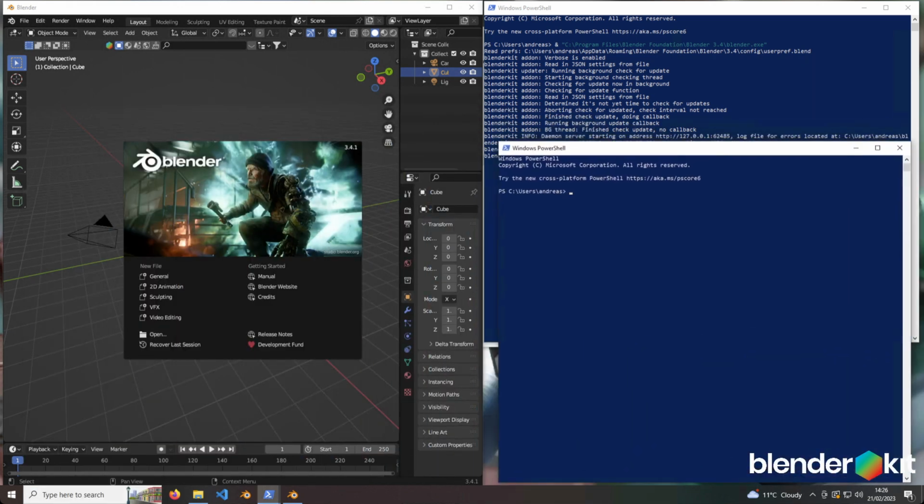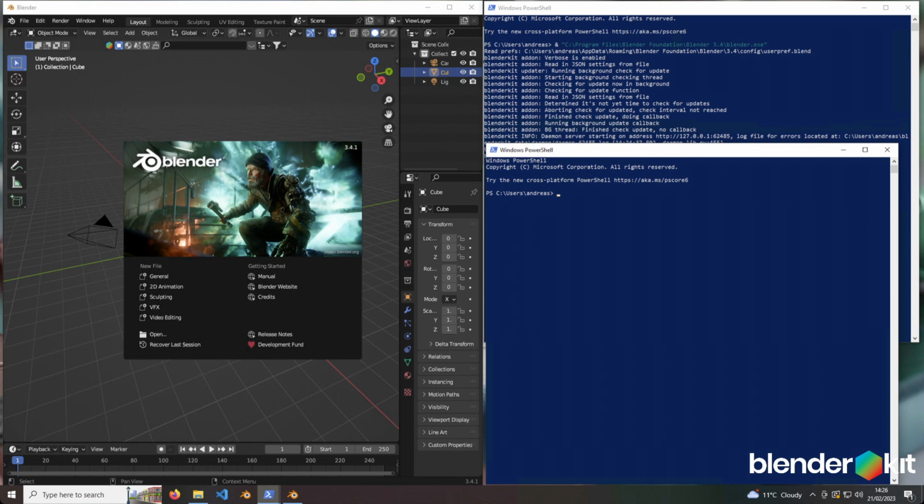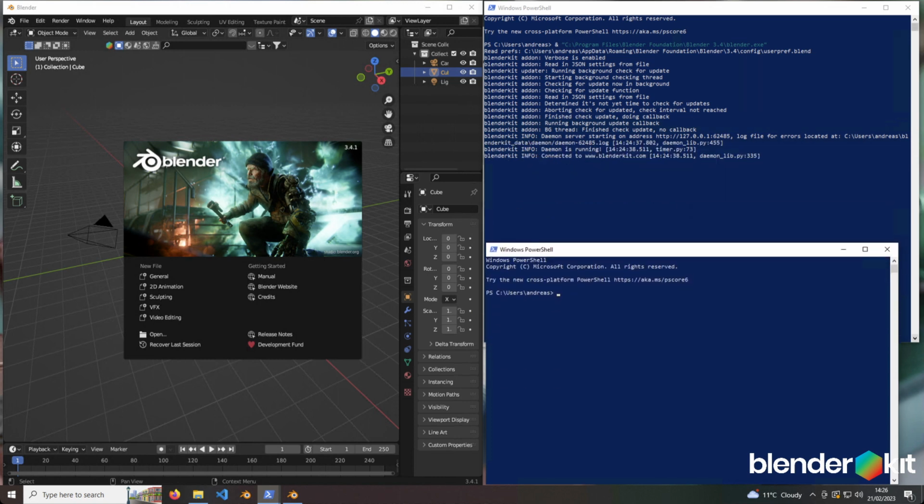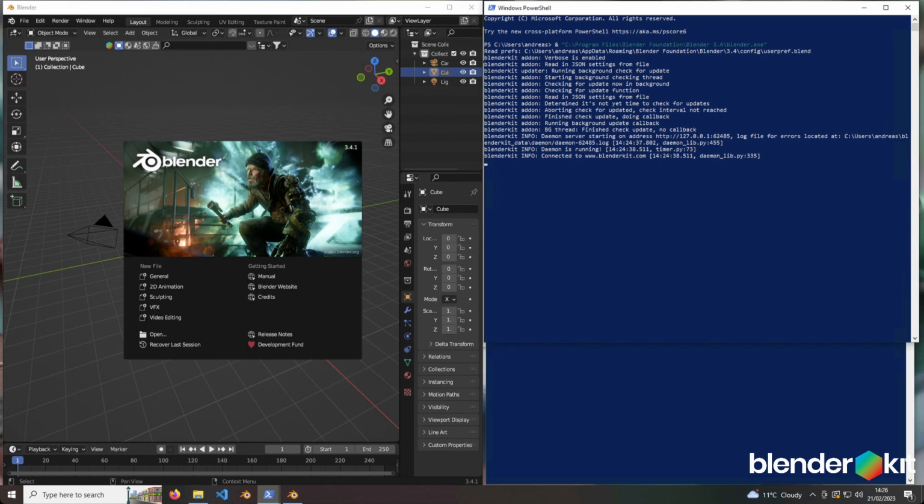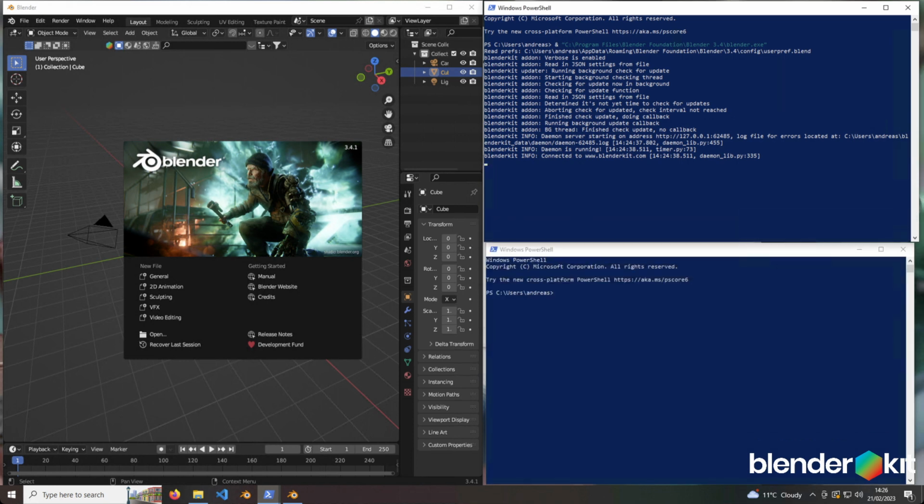In the second PowerShell window, we will monitor the daemon log file. So we will see both logs. First, we will get all the logs from Blender and BlenderKit itself in the first PowerShell window, and then we will monitor the daemon log. To monitor the daemon log, we will write the command Get-Content